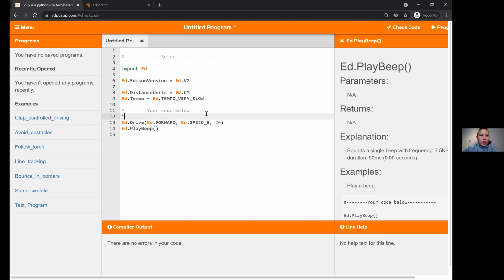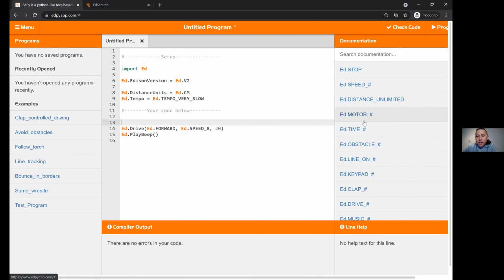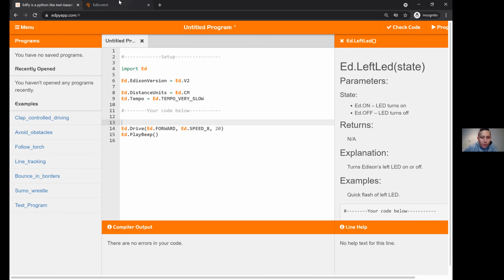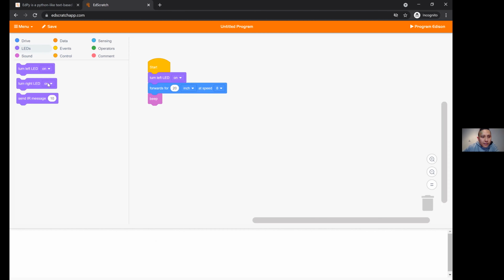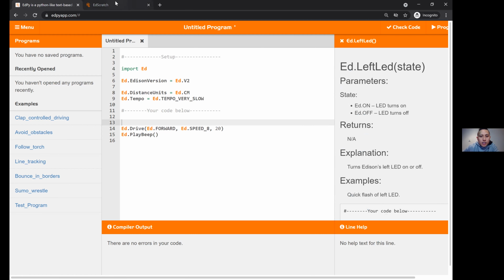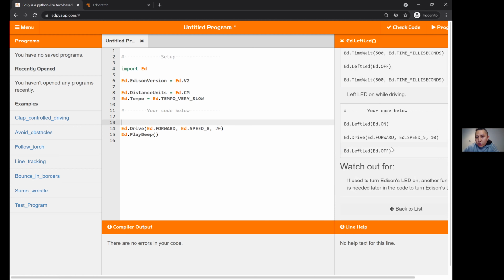Okay, so what we're gonna do is only set the left light on. We are gonna find the light. You can see the left LED. So we are gonna do something similar to turn left LED light on and turn right LED off. So we're gonna pretty much do the same as that. How we're gonna do that is, you can see, you can turn the left LED light on, or you can set the left LED light off.